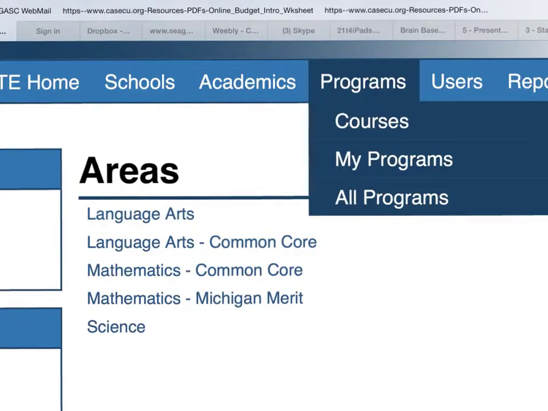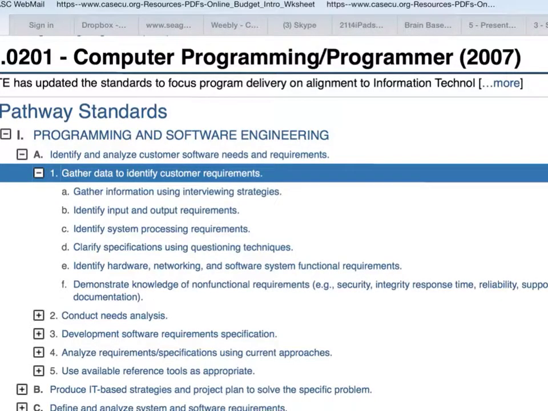Another tab at the top is called Programs. Under Programs is My Programs and All Programs. Usually you will want to click My Programs. When you click on My Programs, all the programs from your building that you have access to will be pulled up in a list. And if you click on one of those programs, this one is Computer Programming,